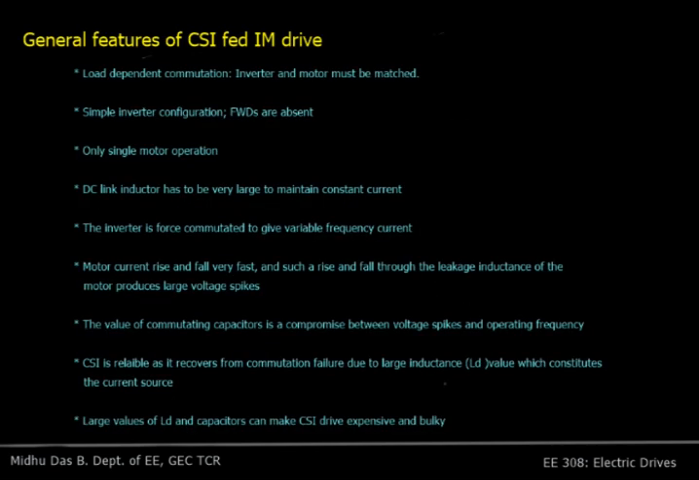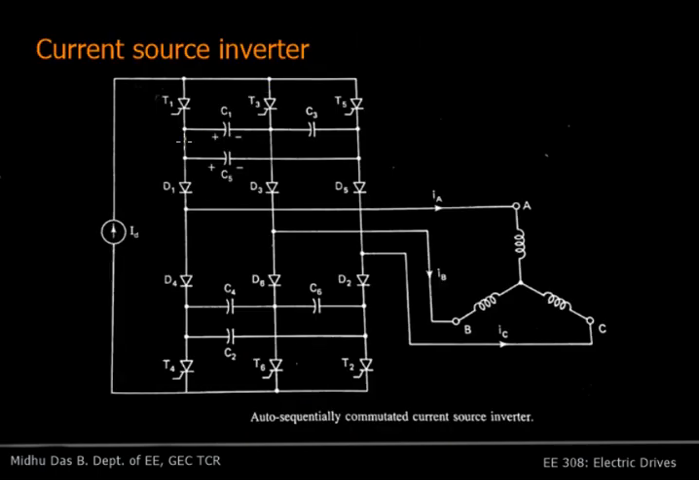Now, what are the general features of a CSI fed induction motor drive? We'll just see what the features are. The commutation of the CSI is dependent upon the load, because the commutation circuit, you can see, is connected here, and the current through T1, T3 or the devices is supplied through the phases of the induction motor. Of course, the commutation will be dependent upon the load parameters, which means the inverter as well as the